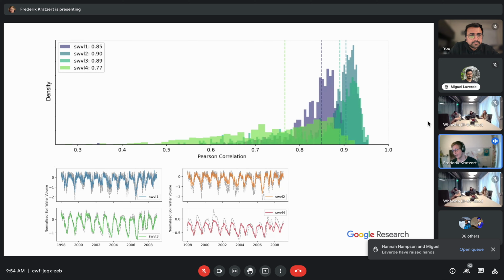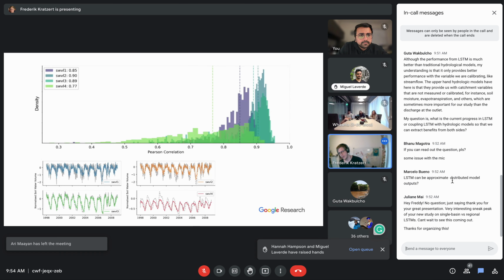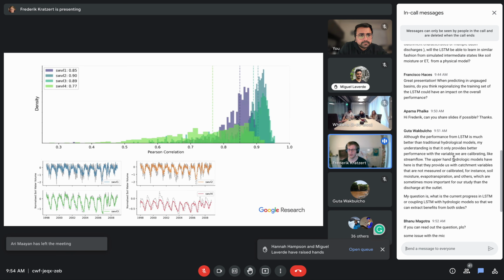I cannot 100% answer this question. We did some experiments in this direction. I don't know if you've heard of the Caravan dataset, which is a combination of different CAMELS datasets, but with unified forcings and attributes. What we did was we trained an LSTM, leaving out a fraction of the CAMELS basins and only training on the remaining CAMELS basins, or we included all basins from around the world, so Great Britain, Brazil, Chile, Australia, and we measured the performance on the same holdout set of basins in the US.